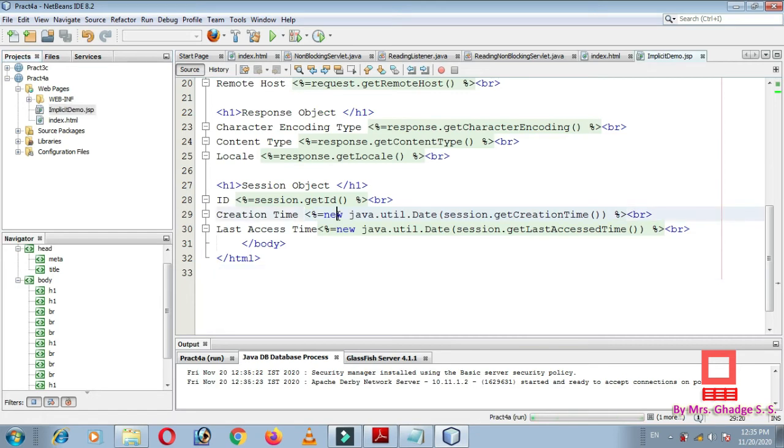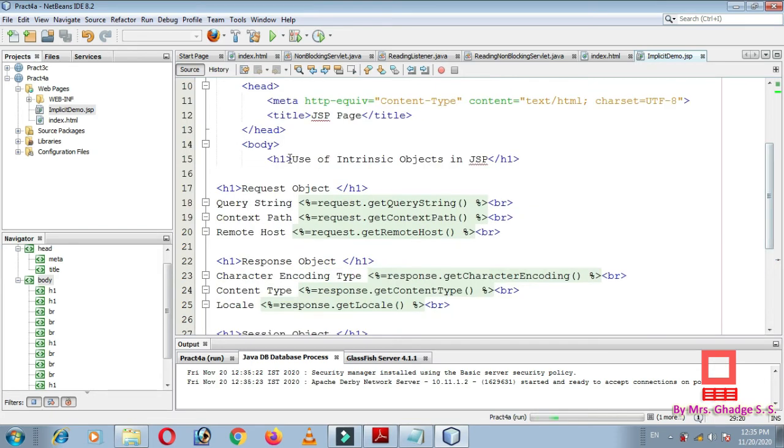So what is the expected output here? First it will display the message use of intrinsic objects in JSP, then the request object heading, and below that the query string, context path, and remote host.